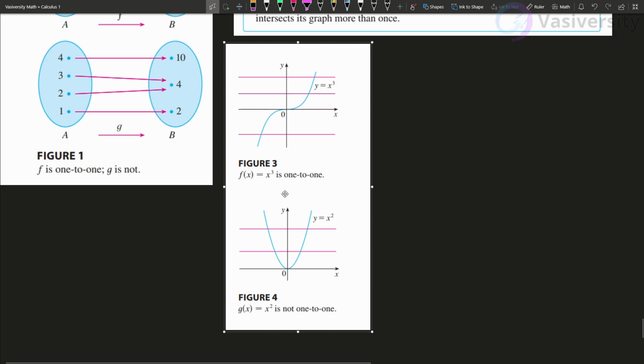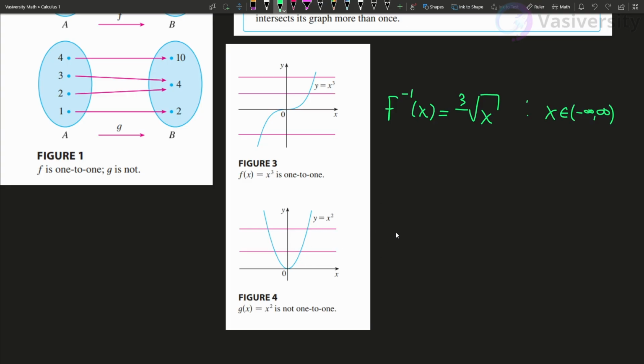Right, we have to be very careful. For a cubic function, what's the inverse of the cubic? We write the inverse as f to the -1 of x. It's going to be the cube root of x. x can be anything from -infinity to +infinity. Doesn't matter. Meanwhile, for this one, even though x in the domain is -infinity to +infinity, our inverse will only